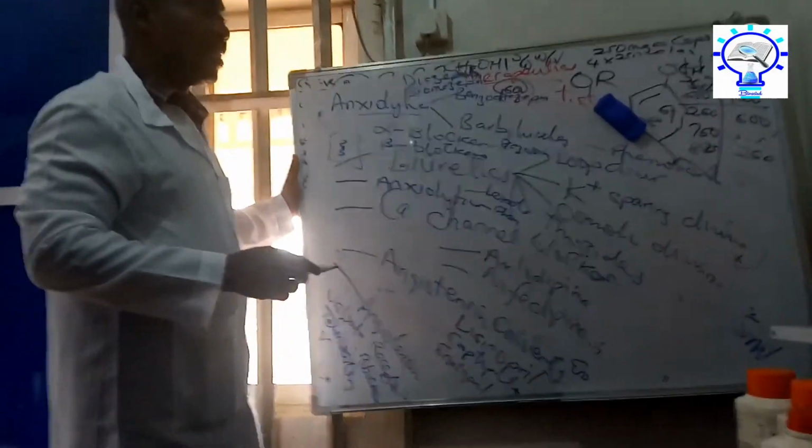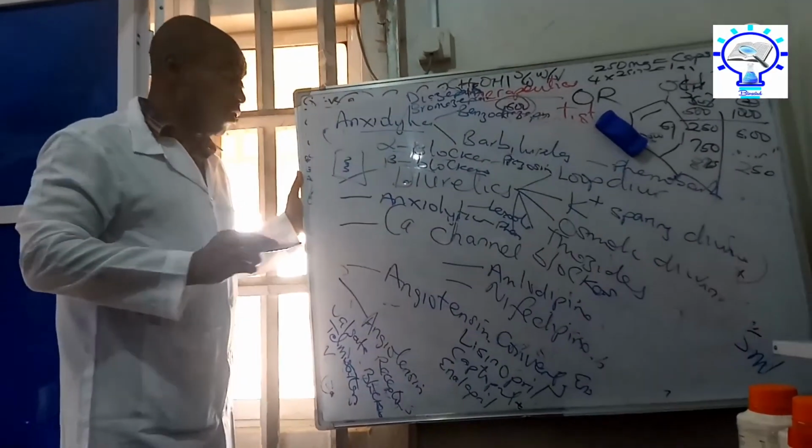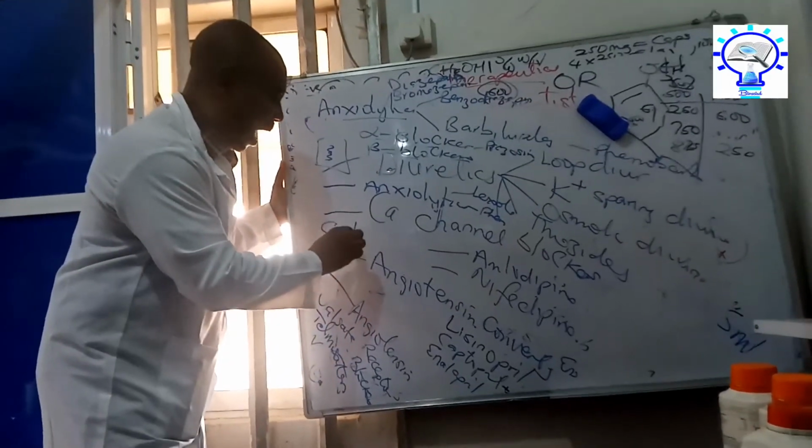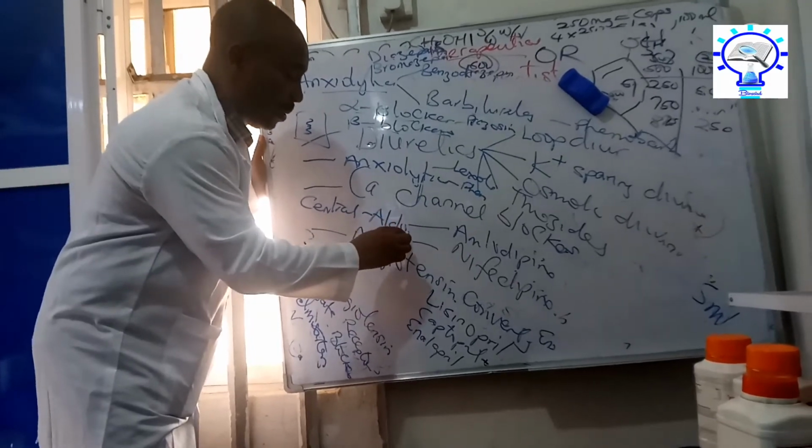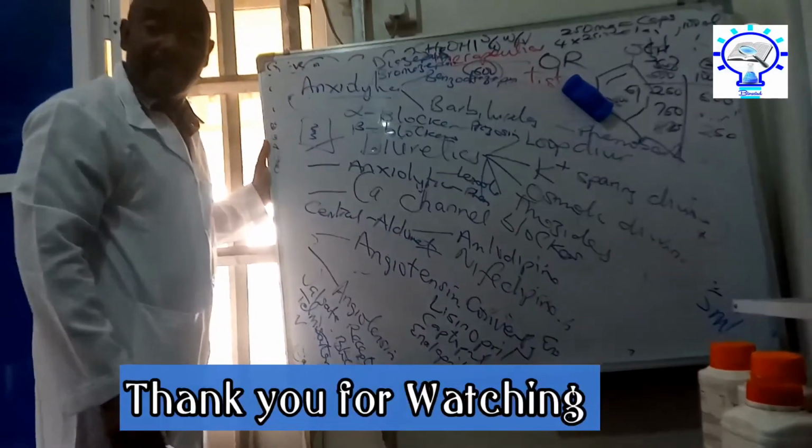And the last one is central acting drug. Central acting drug. That is where Aldomet stays. Aldomet is a central